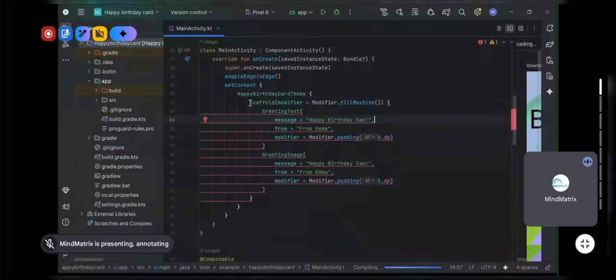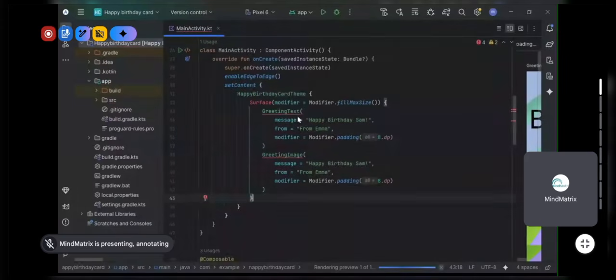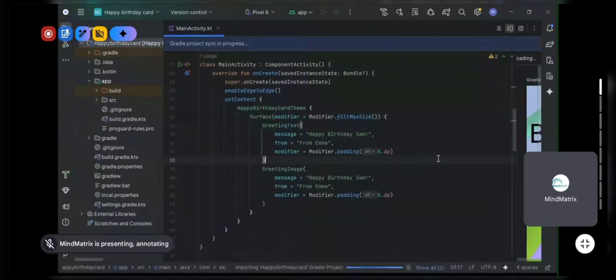And here, the Scaffold, change it to Surface. Try these changes once. I think I already told you these changes, right?